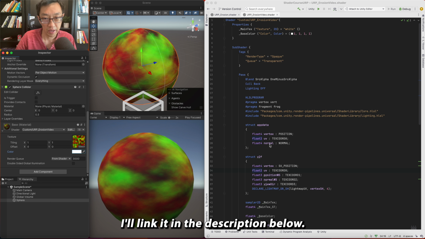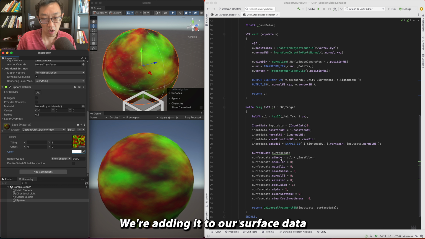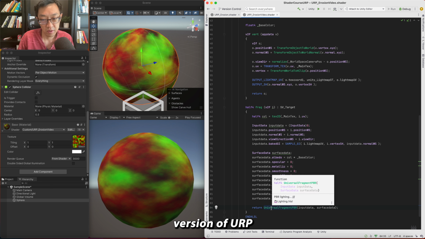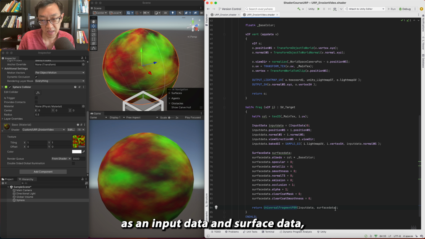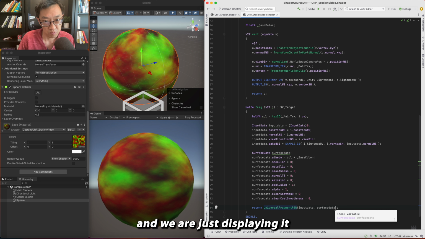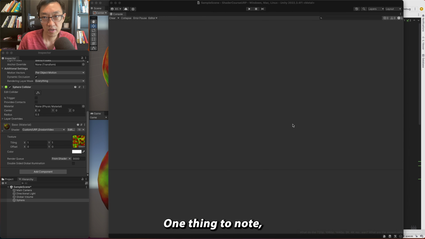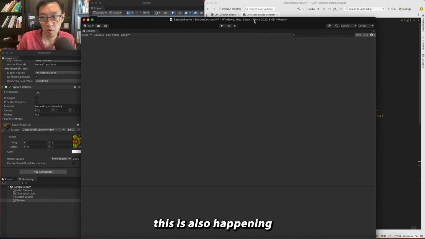As you can see here, all it does is spit out an albedo color. We're adding it to our surface data, and we are using Unity's version of URP physically based rendering, as an input data and surface data, and we are just displaying it on screen. One thing to note, this is also happening in Unity version